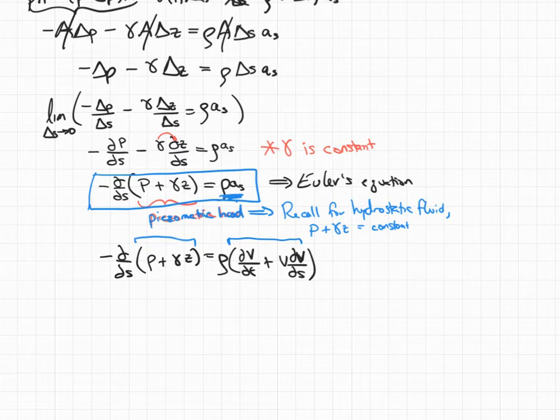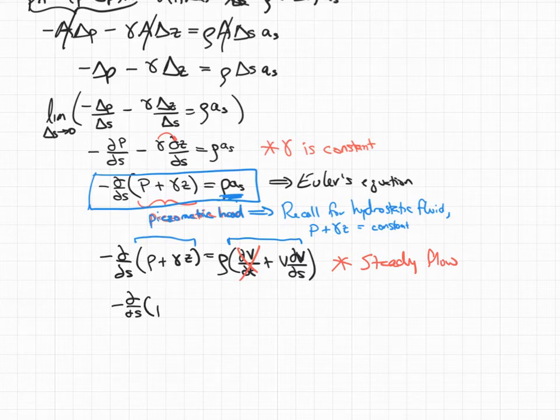One thing I want to do here is make another assumption in order to go to the next step. I'm going to assume steady flow. By doing that, I can get rid of this portion right here because there is no dv dt. So now we are left with something pretty simple, or maybe not that simple, d by ds of the pressure plus gamma z equals